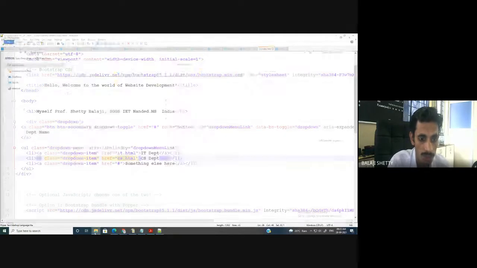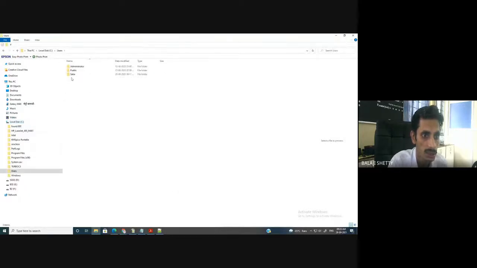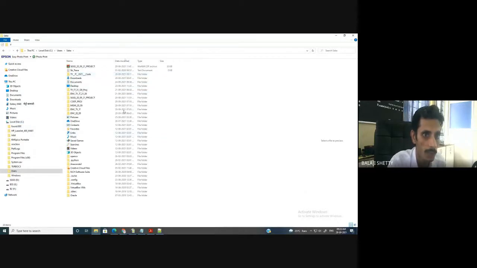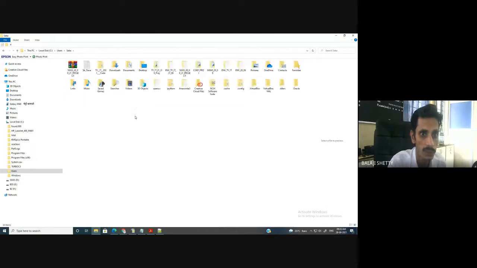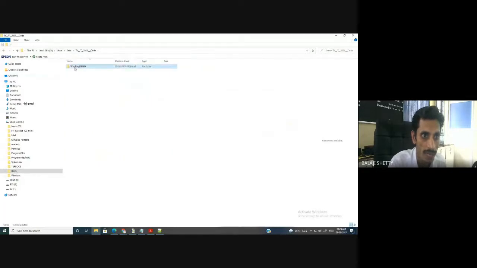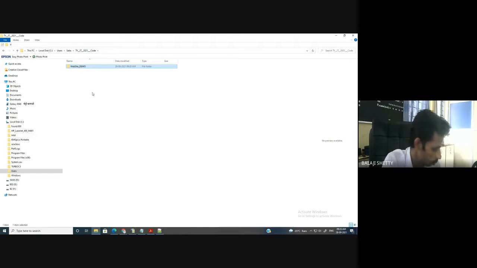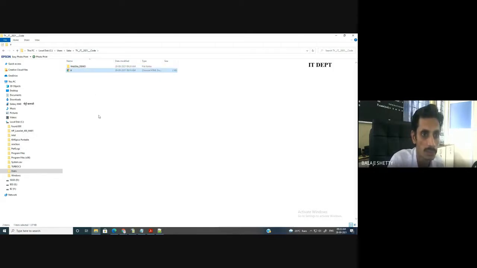I will tell you. Our current folder is C users Saba. And this is our current folder, TYIT code. In that website demo, in this folder, CS and IT is there. And suppose this IT is moved from CS to this TYIT code. What will happen? Anyone can tell me what will happen? You will not get it.html.